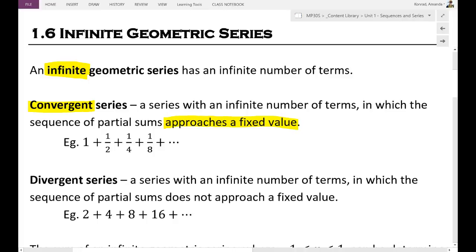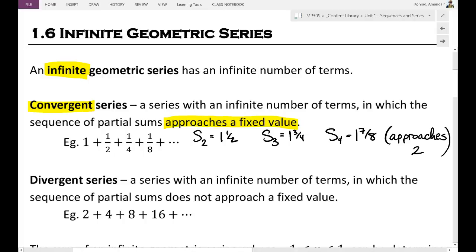So the example we have here is 1 plus a half plus a quarter plus an eighth. If we actually did some math with that, we would see that the sum of our first two terms would be 1 1/2. The sum of our first three terms would be 1 3/4. The sum of our first four terms would be 1 7/8. And so we can say that this is approaching